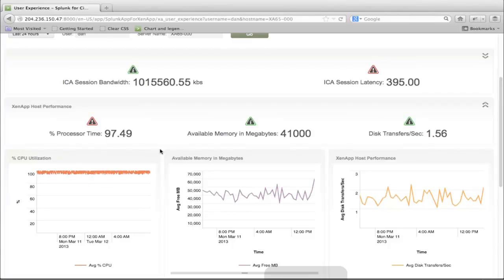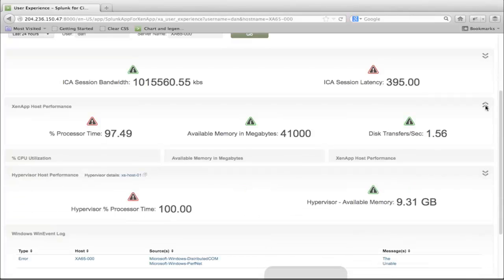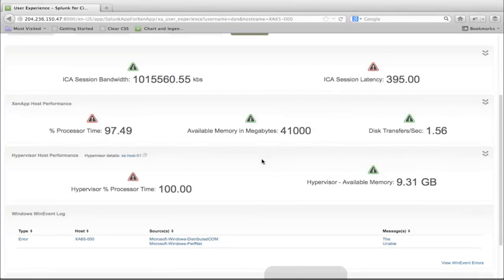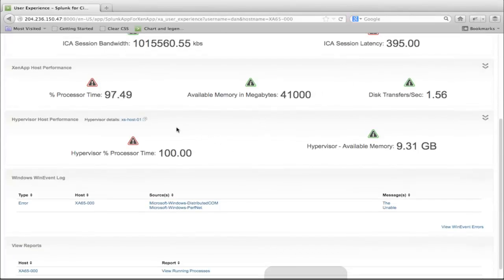We're really having a pegged CPU on here. So let's look farther down the stack to see what might be causing it. It could be a runaway process or something like that. All right. But what we do see here is Splunk looked for this server name up here